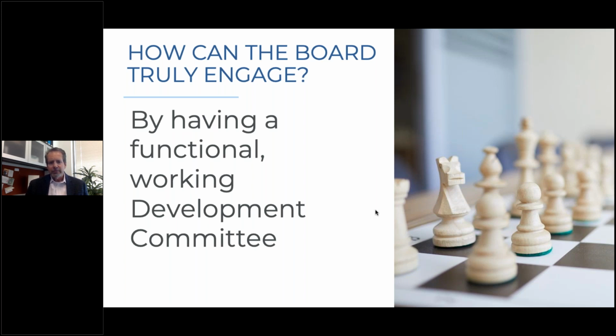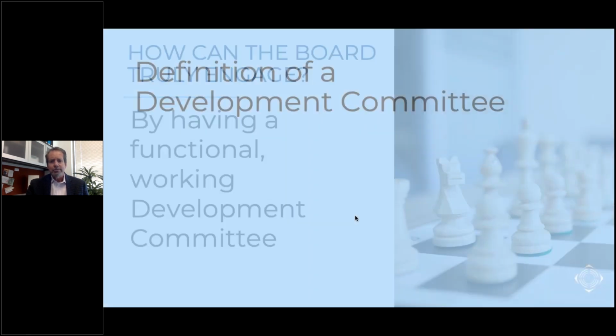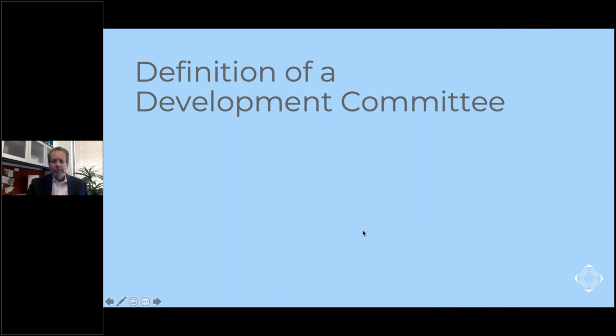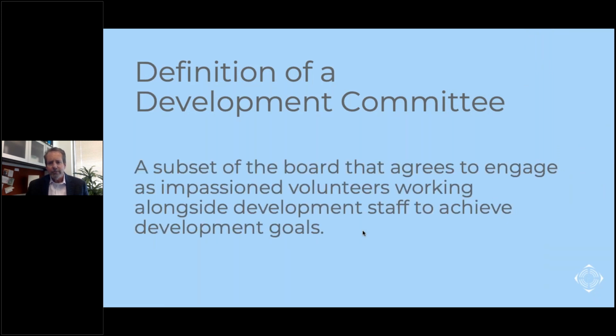That is the one person in the organization to whom you should be accountable. The purpose of a development committee is not to be the boss, but to become a subset of impassioned volunteers who serve on that board, who agree to come alongside and help the development team by representing that impassioned volunteer at work in your mission. They should become additional arms and legs to help you implement things, not simply sit around a table and walk through an agenda and provide oversight and steering and guidance to you. And it's fine for them to give advice, but the most important thing is that they are the impassioned volunteers.